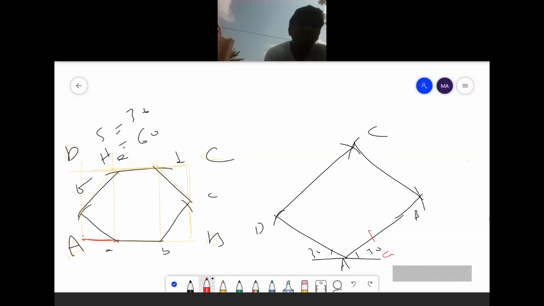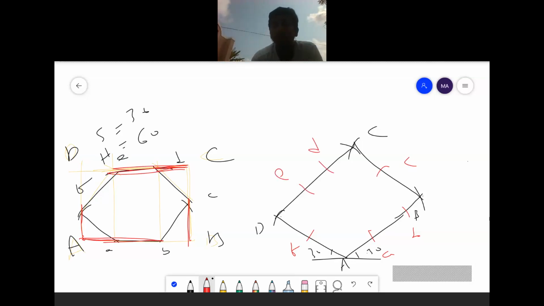Then I am measuring from capital A to small b and cutting an arc here. I will get a small b. Then I am measuring from capital A to F. On the AD line, I will get an F point. Then I am measuring capital B to C on BC, so I will get a C point. Then I am measuring capital C to D, I will get a D point. Then measuring from capital C to E, I will get an E point.